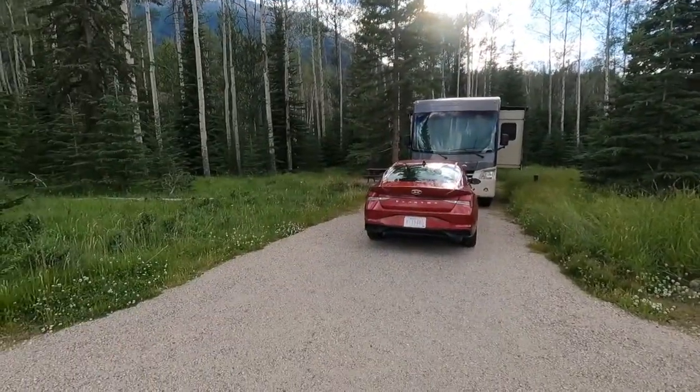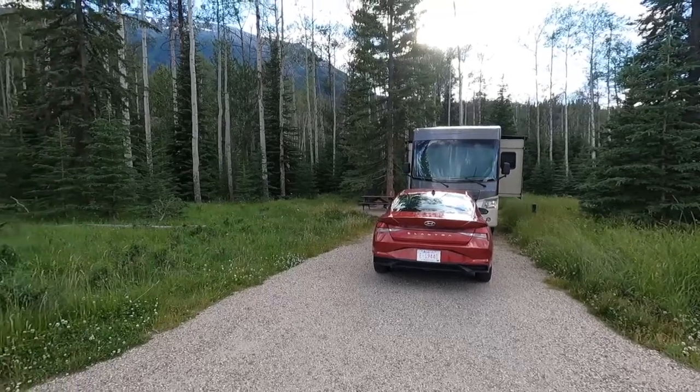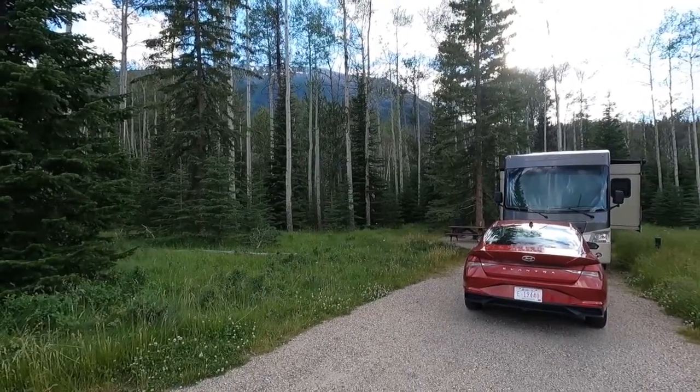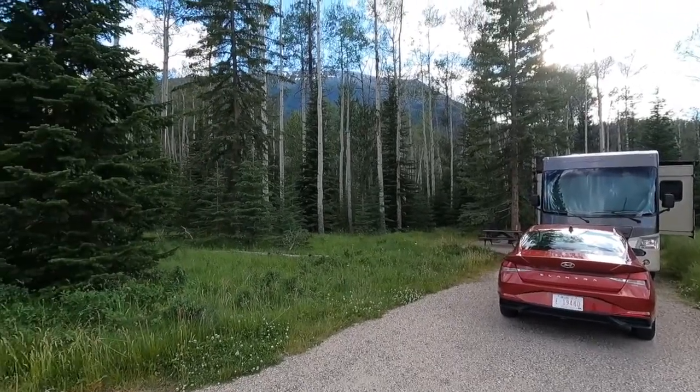Hey, I wanted to give you a tour of the Whistlers Campground. I'm actually just going to do the 46 to 47 loop, because this place is really big, and so this is our site right here. It is 47R, and it's definitely a great spot if you're thinking about coming here to the Whistlers Campground in